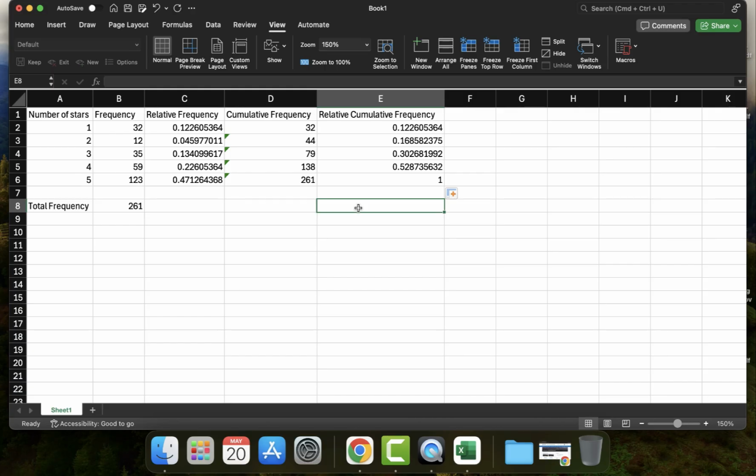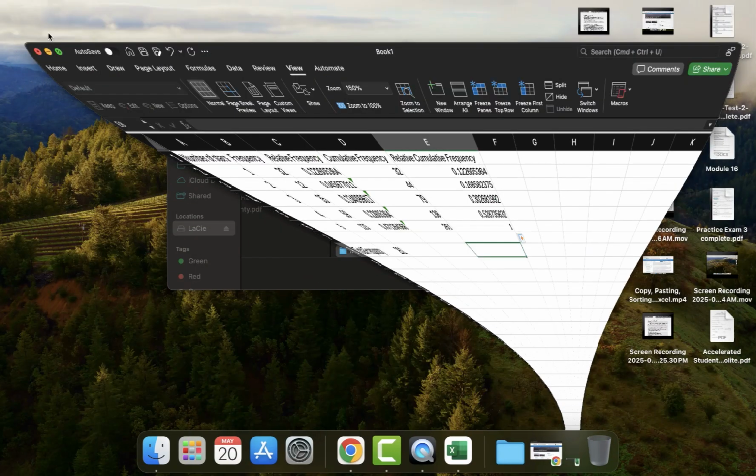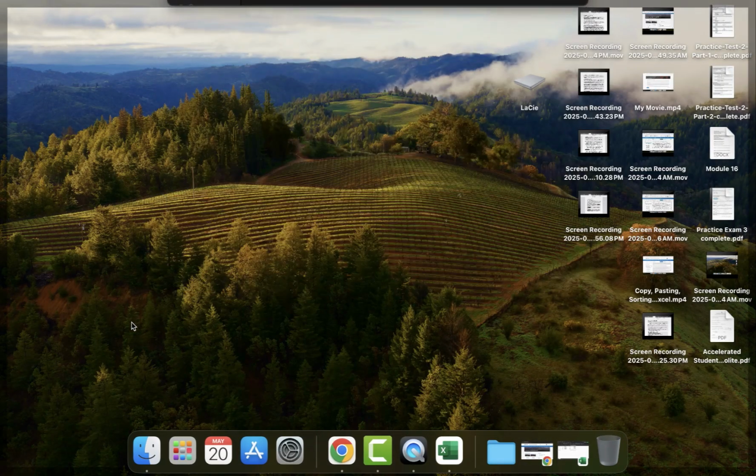So it's totally fine to do it by hand. It may save a little bit of time if you use Excel to do it, but totally fine to do it by hand as well. Okay. So let me take us back to